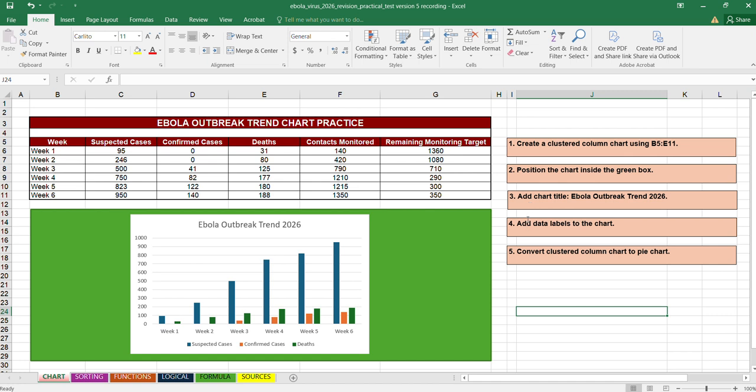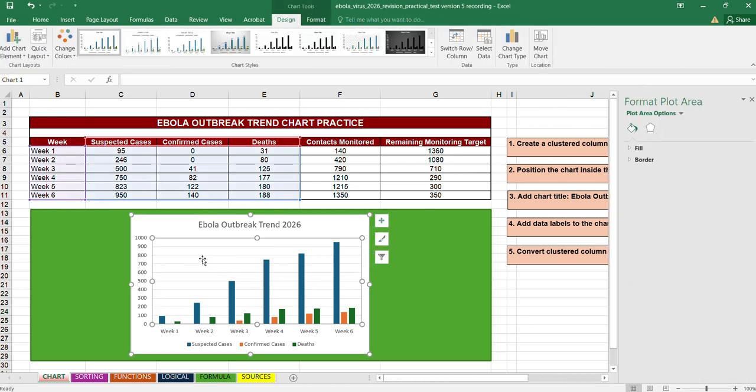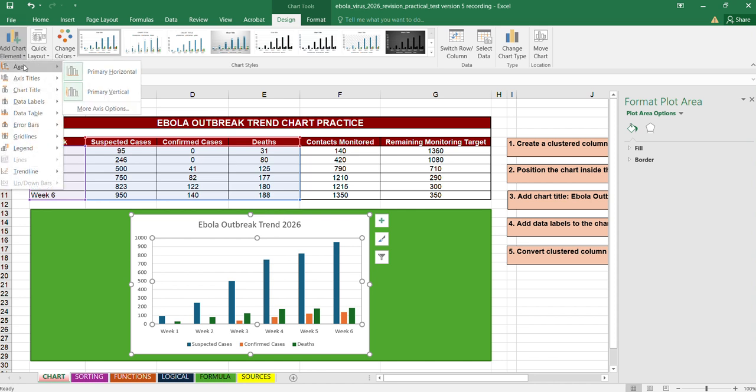And then task number 4, add data labels to the chart. So this is your chart. You can click here, double click here in this area, and then in the upper left portion of your screen here, you will see add chart element. So you see the arrow pointing down, so click this one, and then you count 1, 2, 3, 4.